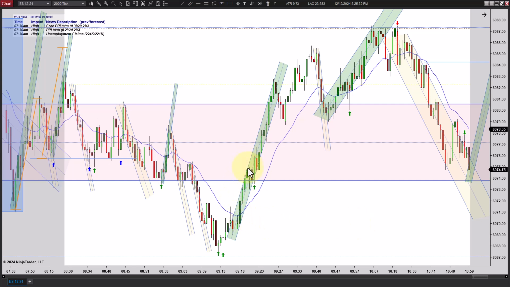Now, it does get back in the range, and it tests it once, tests it twice. And notice the new high. That's a first entry, and then it breaks lower and turns up. So that's a second entry long. If this wasn't bouncing off the previous support low, I'd probably tell you to ignore it. And I still marked it green, but I tend to like that if it breaks higher because it's probably going back to the highs again.